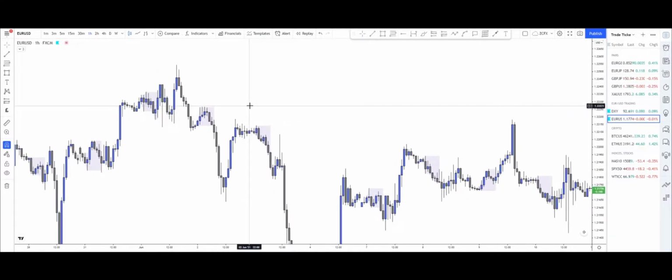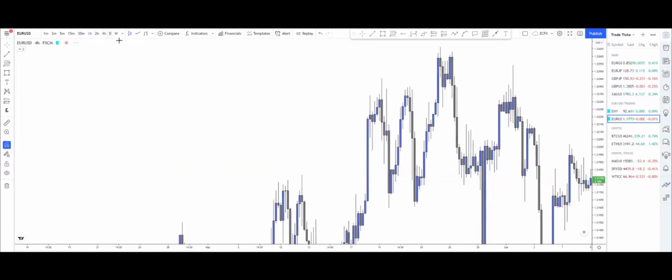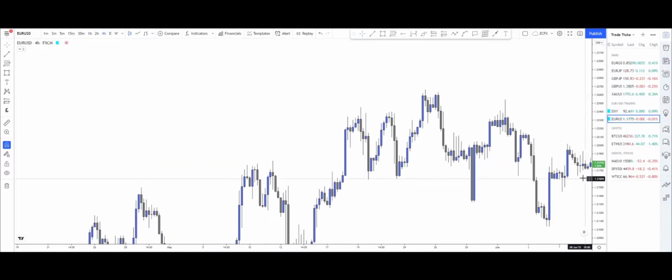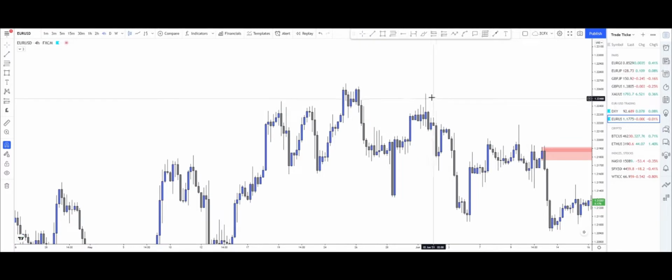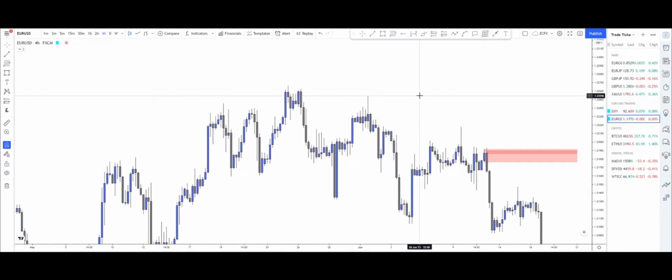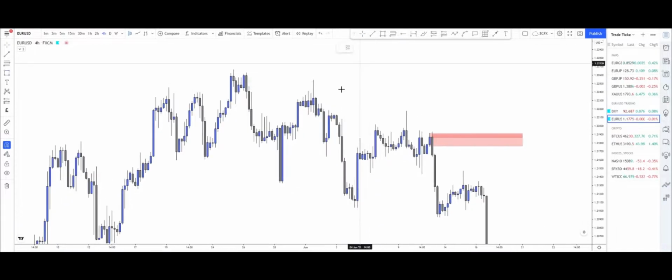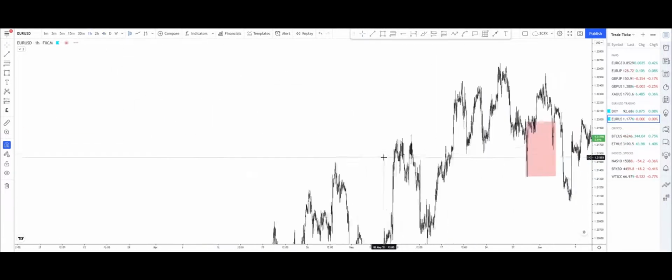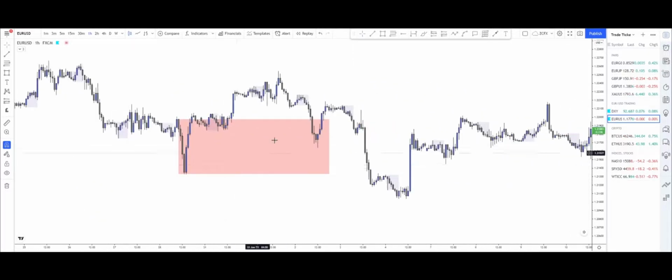The moral of the story, for me anyway, is just mark up the higher time frame, preferably the 4 hour time frame. Look for your point of interest, look for the order blocks, and then once you're on that time frame, if you're not happy with how big the 4 hour order block is, for example, you may think this here is one massive order block, you can go ahead and refine an order block within there. So if we go to the 1 hour time frame, we can look for an order block within that order block. As you can see, there's one here. It's still pretty big. I'm not happy with it, so I'm going to go ahead onto the